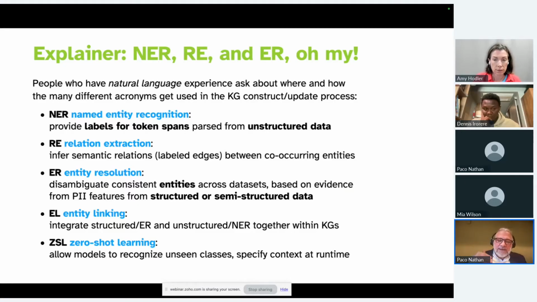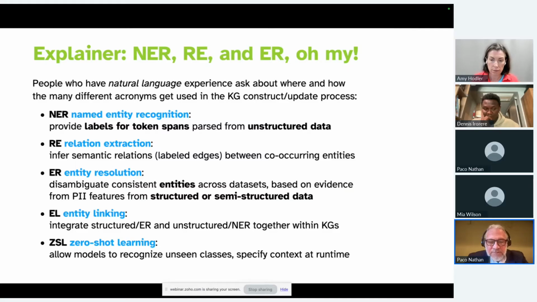So I want to underscore NER and ER are completely different things. One is structured, one is unstructured. But then entity linking, EL, is one of the ways that you can start to pull these together. So it's kind of a bridge for integrating what you get out of structured entity resolution versus what you get out of unstructured named entity recognition and relation extraction.